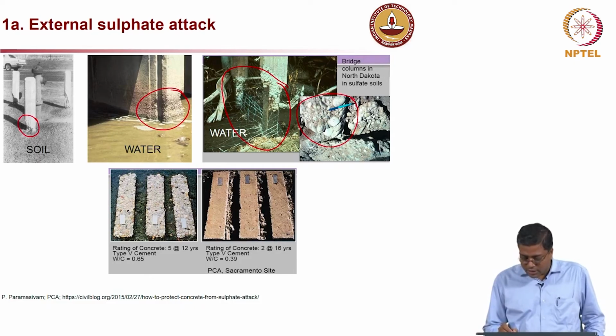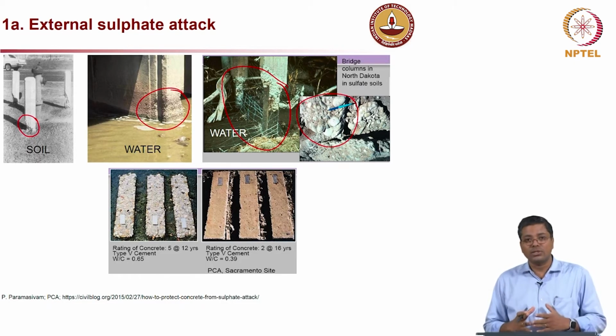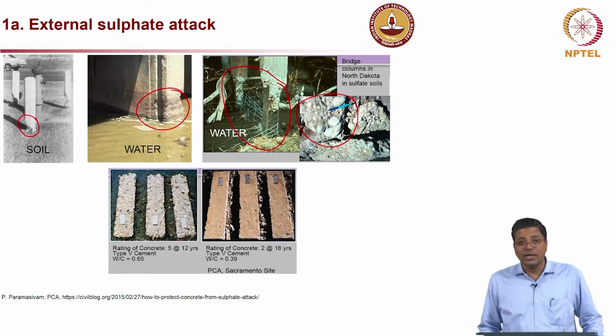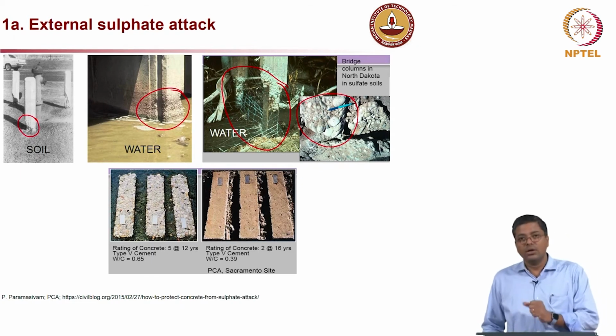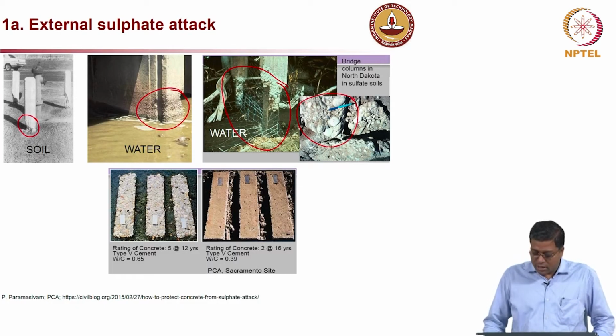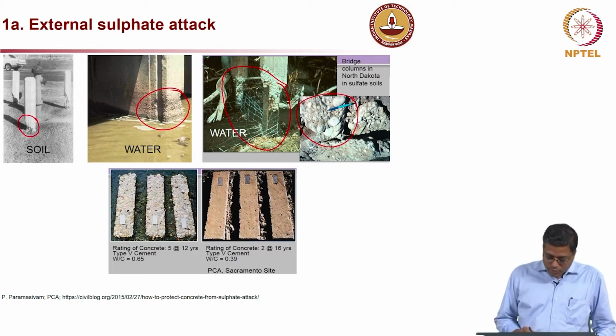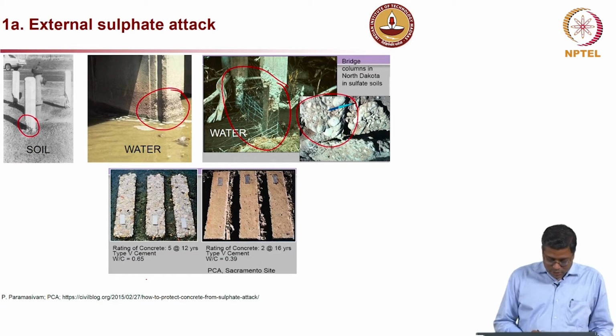However, the cement which is in between the aggregates, which is supposed to glue the aggregates together, is almost lost or completely degraded. So, definitely a clear indication that it is the cement, or the hardened cement paste, which is getting attacked and not the aggregate. So, if you reduce the amount of cement, again it is going to be easier to resist sulphate attack.